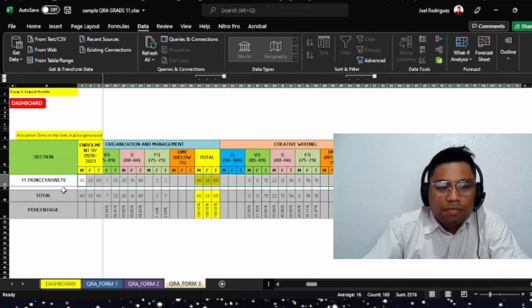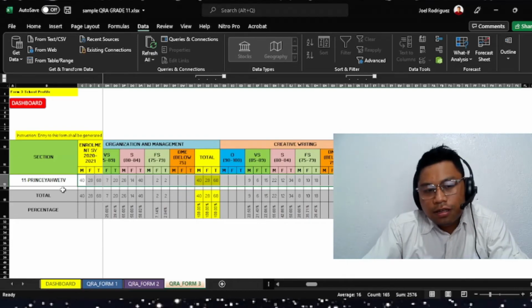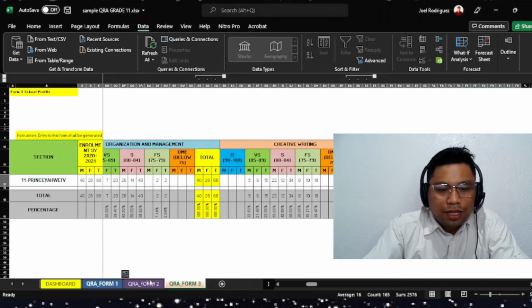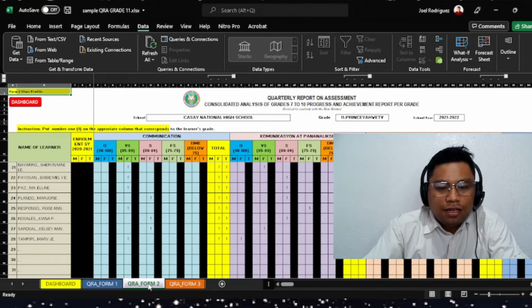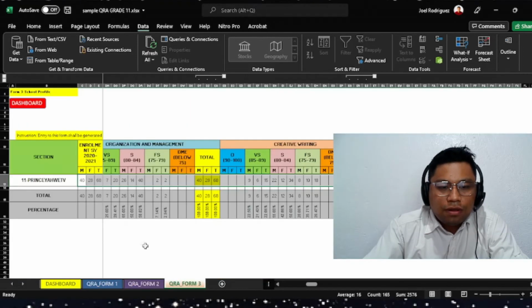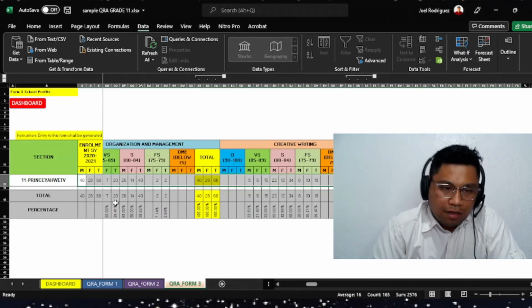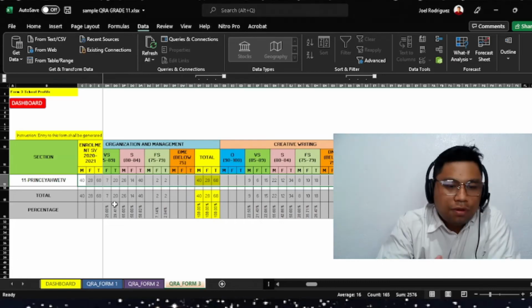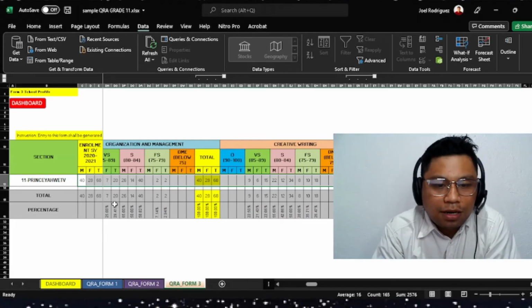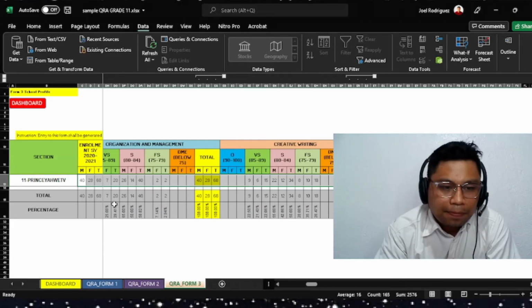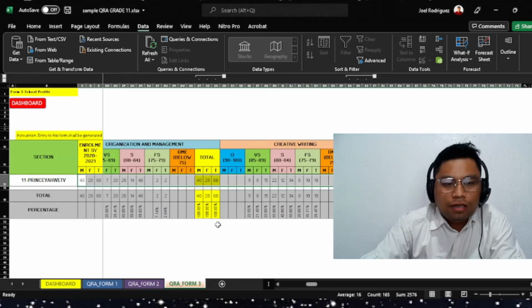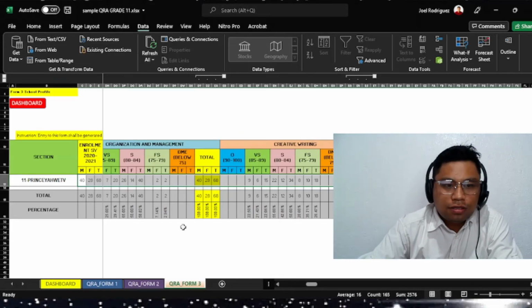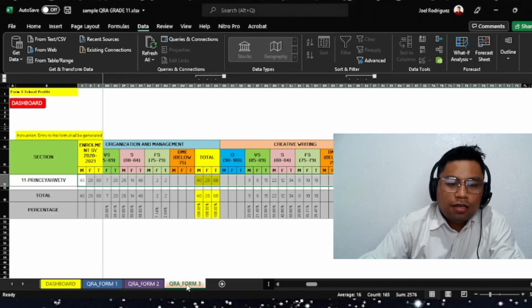You will submit this. Forms 1 and 2 will be done by the advisor, and then the QRA form 3, the consolidation, will be done by the grade leaders. Every subject, the grade,